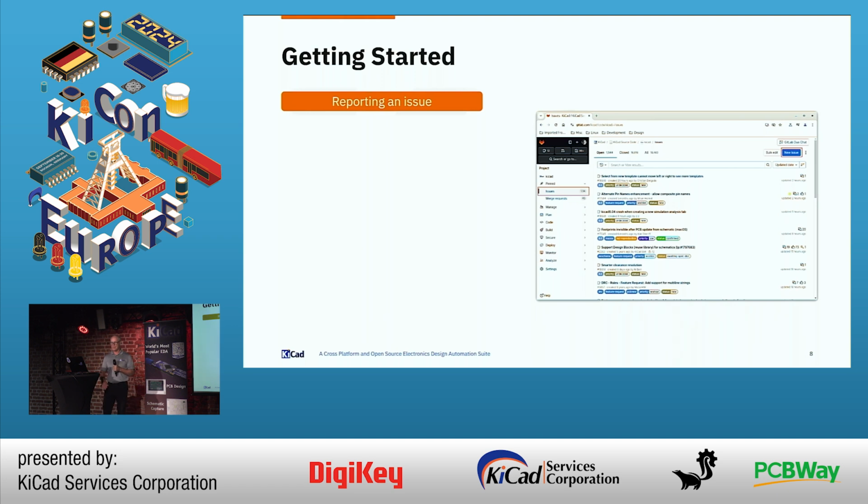For this example, getting started, you're going to report your first issue. In this case, I'm filing a bug report against the KiCad source code. I think I found a bug, or I got a crash, or something doesn't work the way I think it should work. You go to the source repo, and on the left-hand side you'll have this pane, and you'll see Issues. Then in the upper right-hand corner, you'll see a New issue button. You click that,